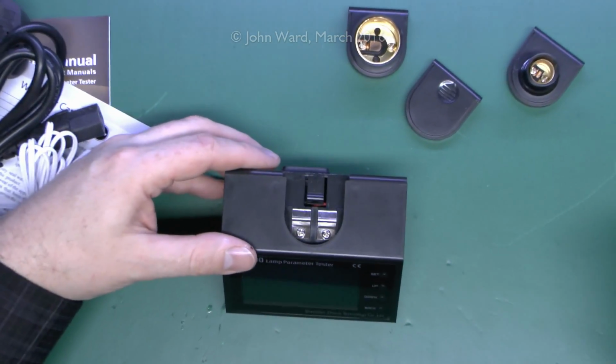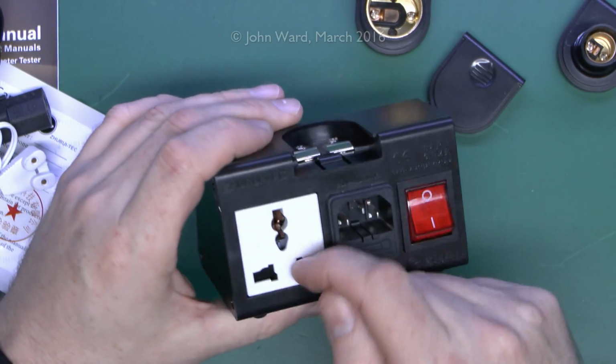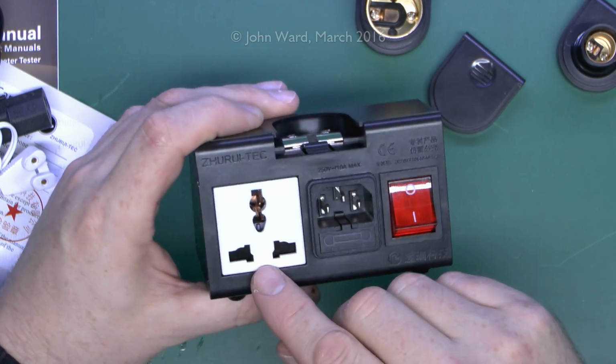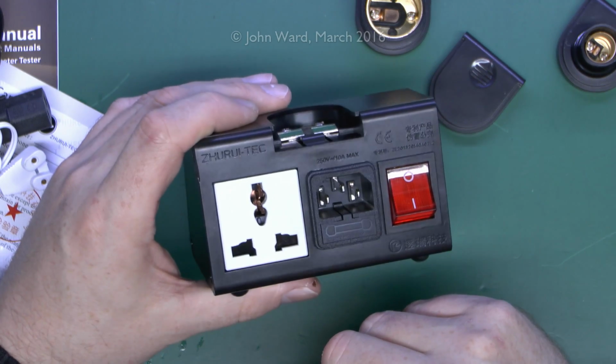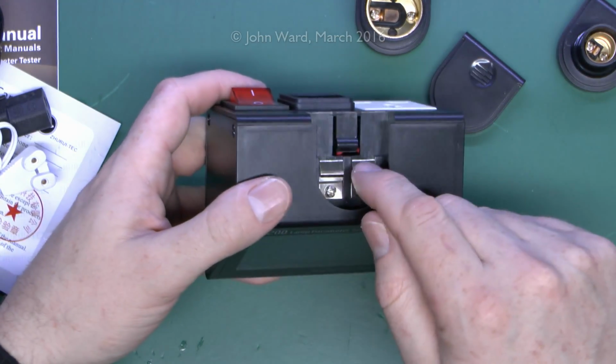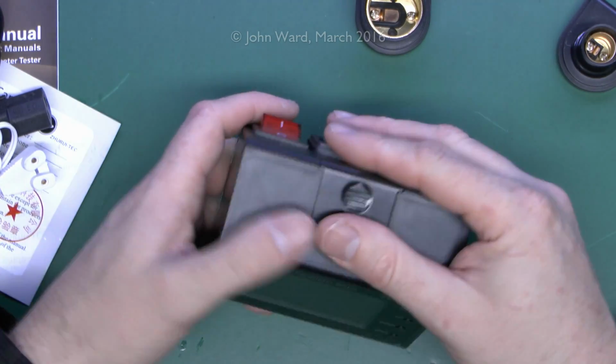Now, of course, this device is probably not designed for domestic purposes. This socket does not comply with BS 1363, but it will accept a UK plug and plenty of others. And obviously, if you turn it on and the cover's missing, then there's a live part exposed here, but pretty obviously you're supposed to do it with the cover in place. So